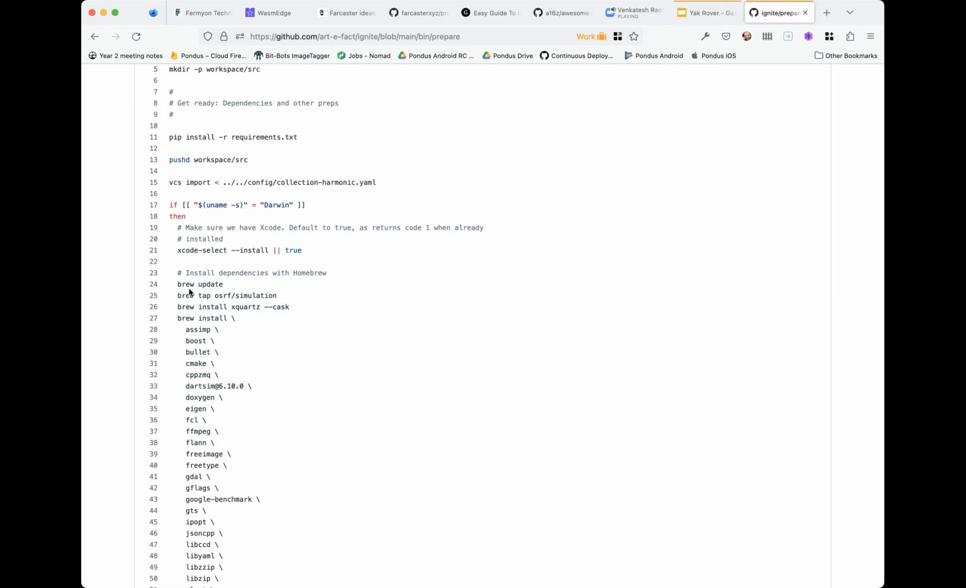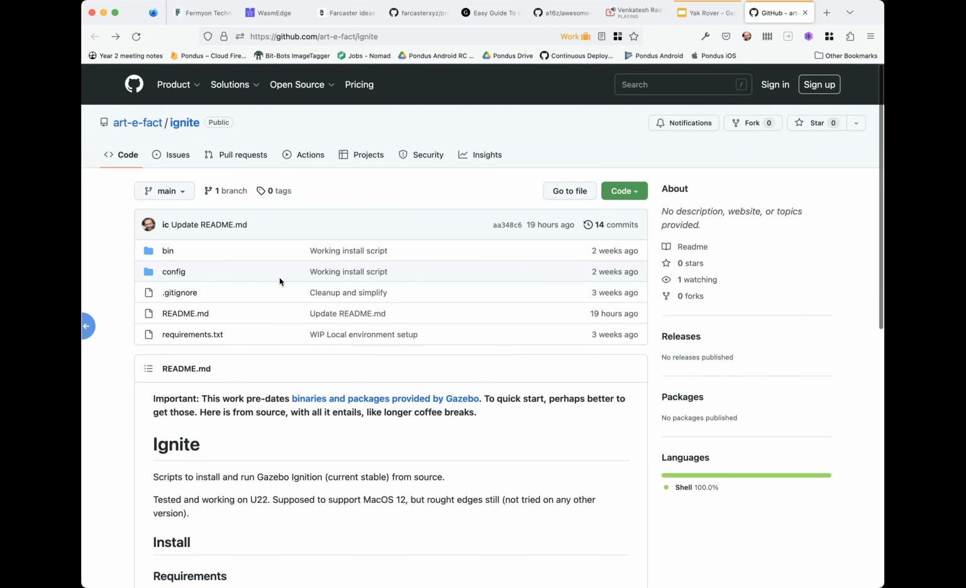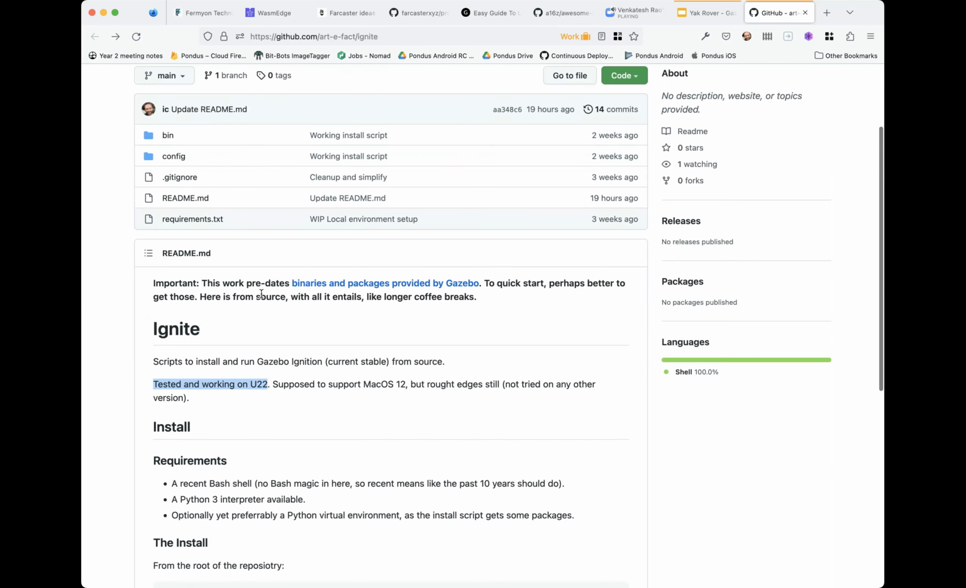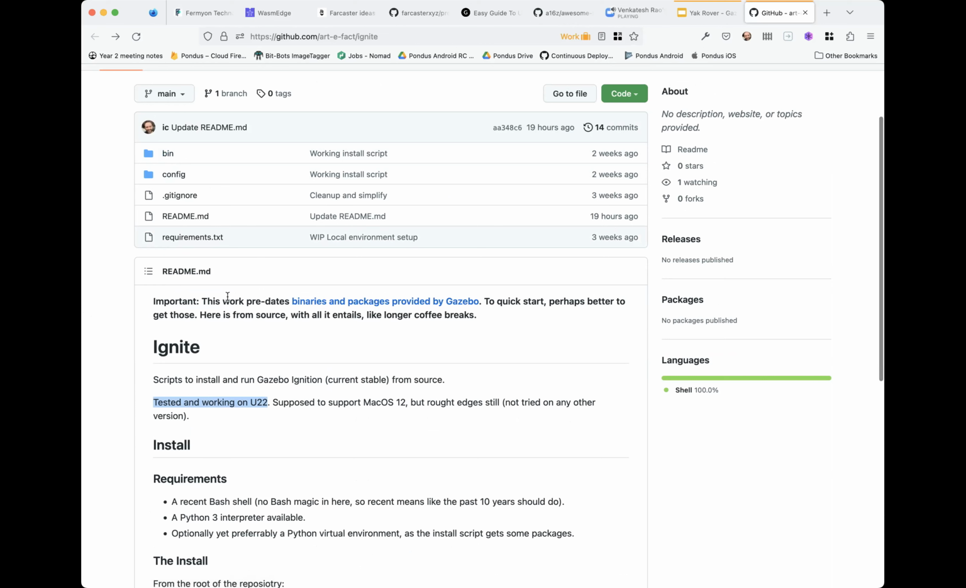I need to add a requirement for the Homebrew package management, if you're familiar with that. It's tested and working on Ubuntu 22, so I guarantee that, because that's what you saw just today. I'm trying to understand: I take a clean computer, I run this code, and then